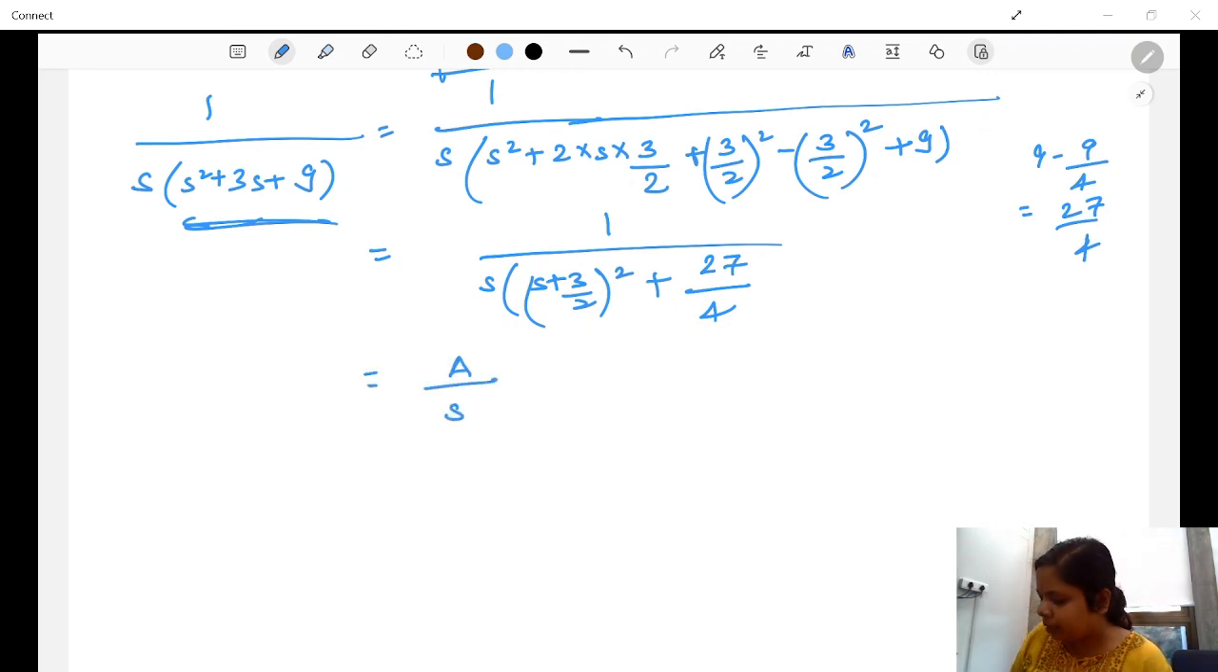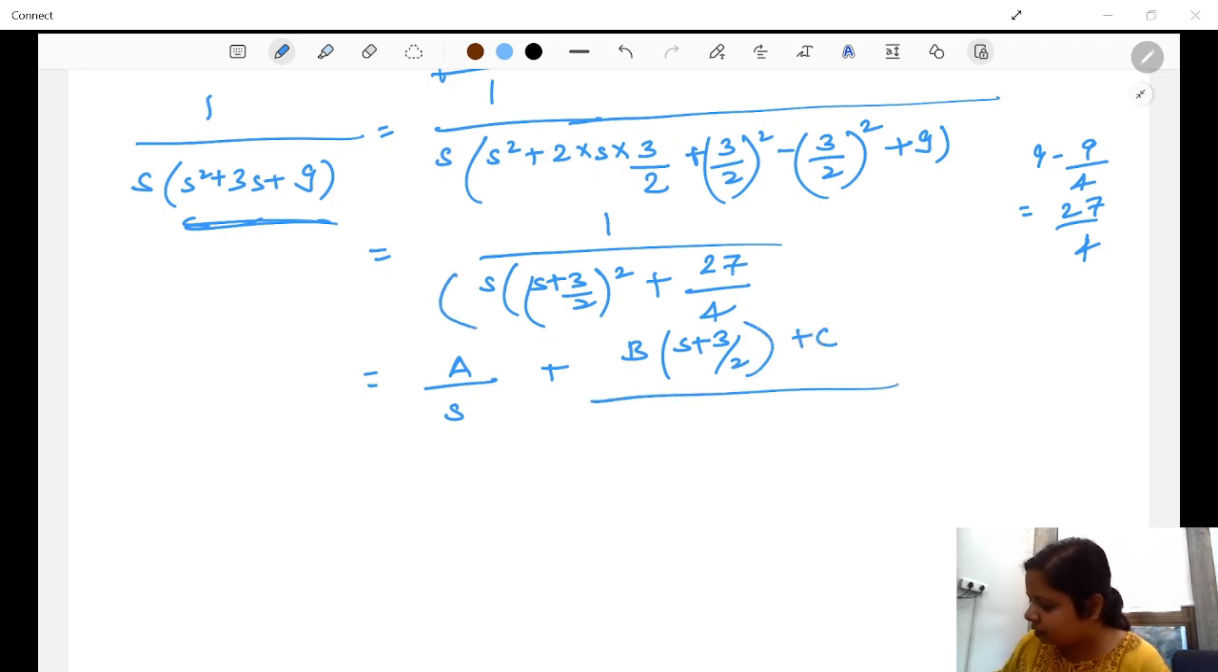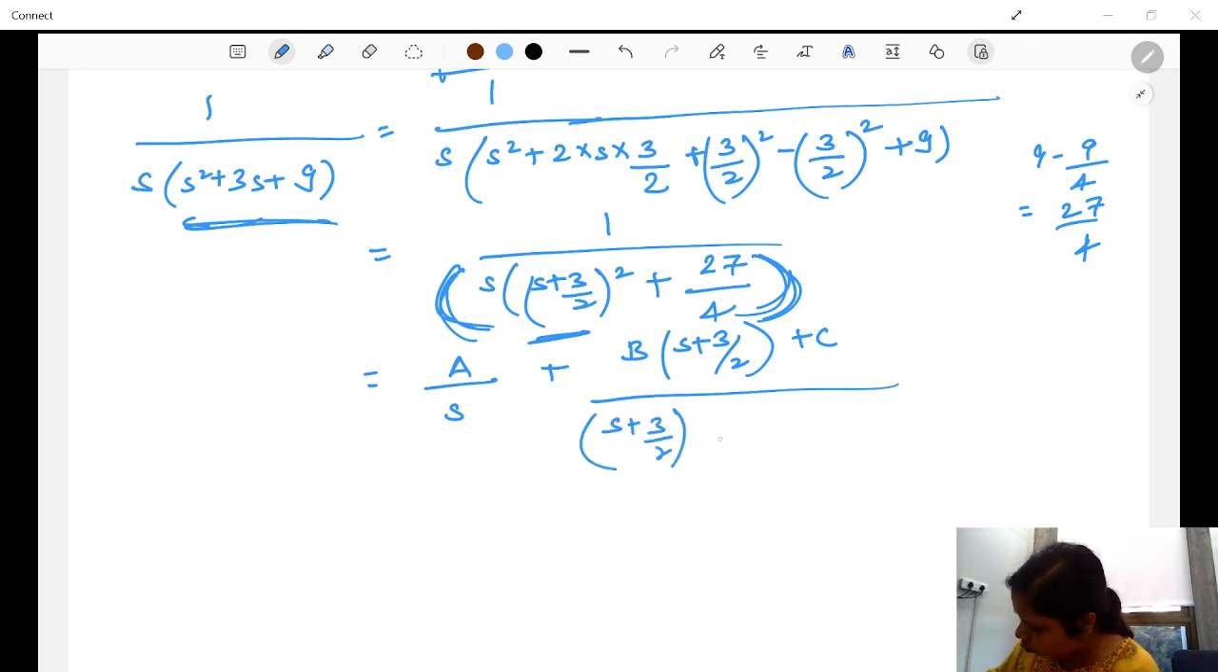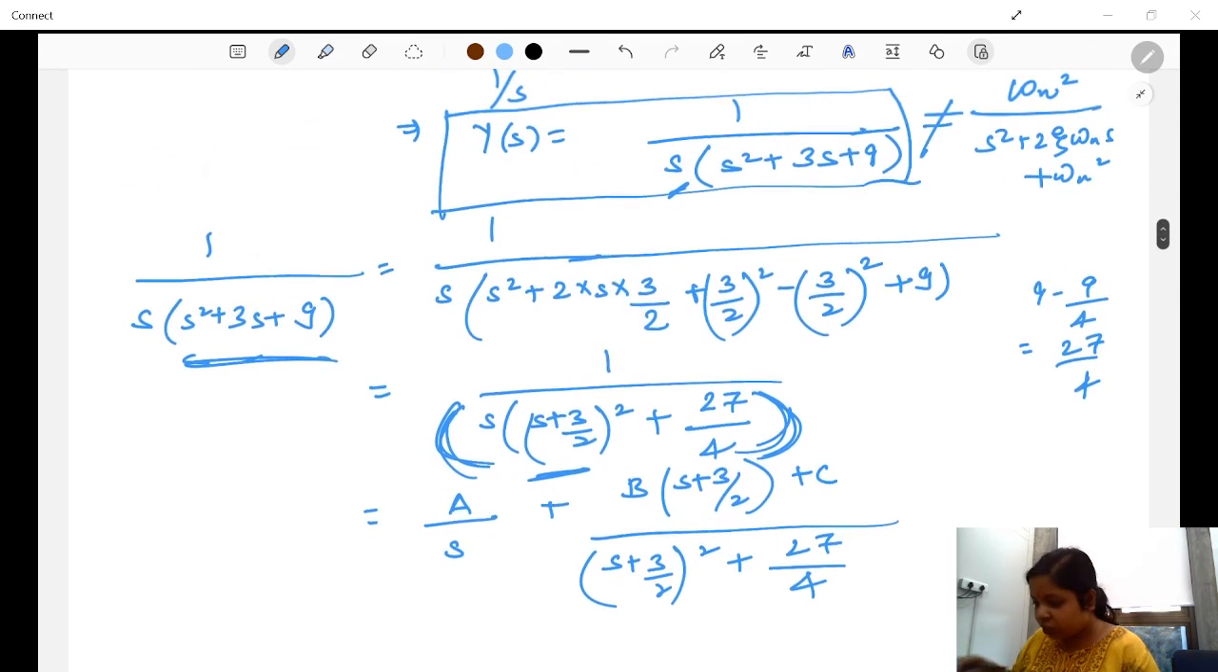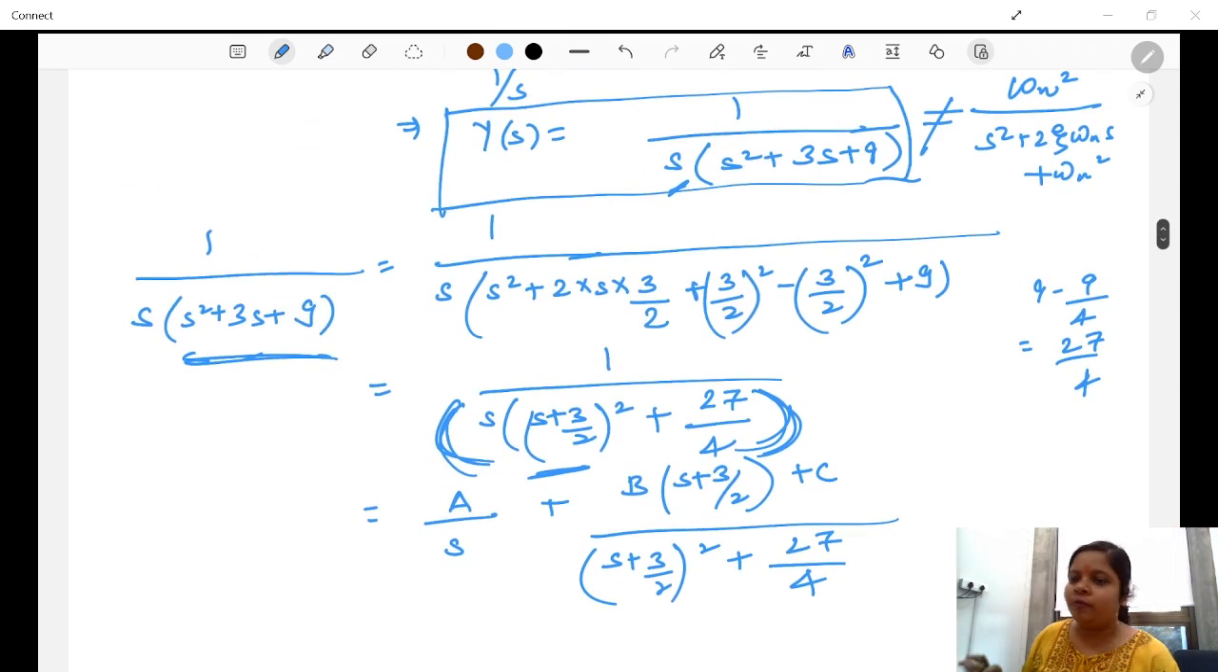So it can be written as A by s plus (Bs plus C) by the quadratic, because this form is of quadratic type, and hence we need to use the Bs plus C method, and since we have converted into s plus 3 by 2, we'll use this, and here it would be (s plus 3 by 2) square plus 27 by 4. We can solve it to the end, but the question asked does not require solving to the end,